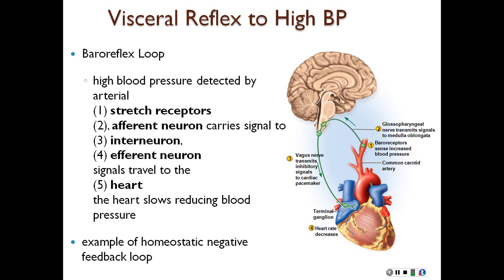Voluntary and involuntary, which involves a difference in what? Effectors. Right? So the somatic reflex involves what effectors? Skeletal muscles. Visceral reflexes involve cardiac muscle, smooth muscle, and glands. Okay? But you still have those same 5 components. Remember the 5 components of a reflex?